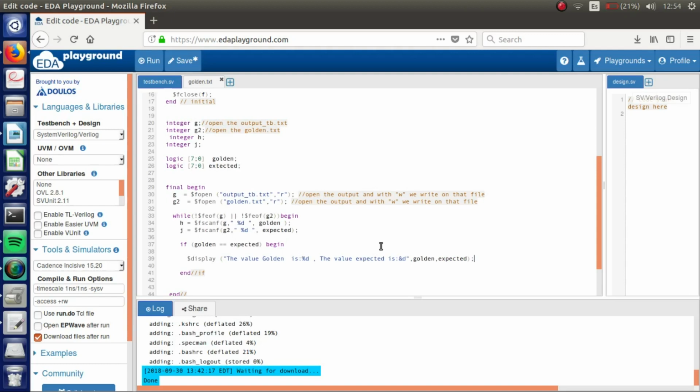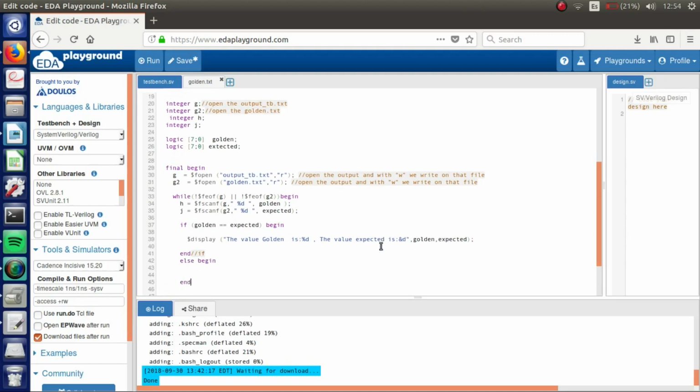If they're equal, we're going to display the values, and if they are not, we're going to display